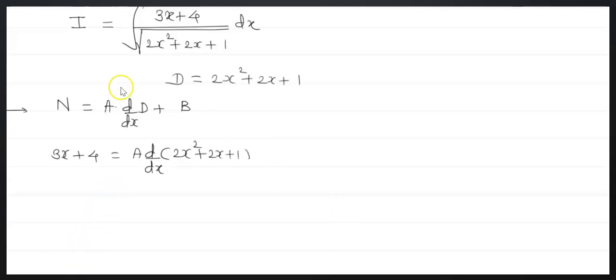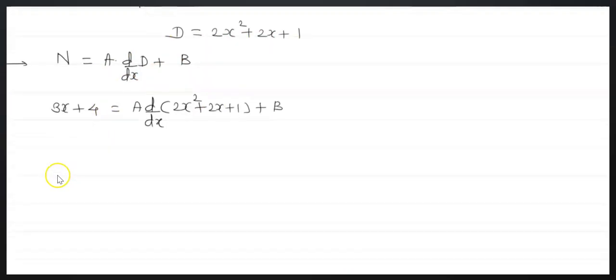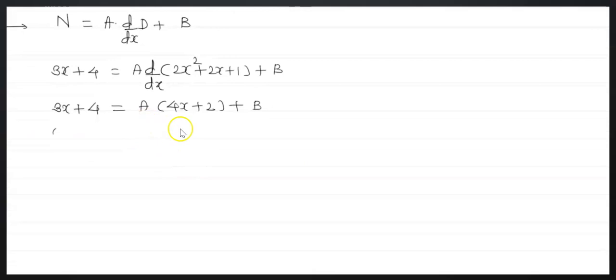The value of the denominator is 2x square plus 2x plus 1. 3x plus 4 is equals to a into ddx of 2x square plus 2x plus 1, plus b. Multiply it, simplify it. 4x plus 2 plus b. Equate the coefficient of x. 4ax is equals to 3x. Therefore, a is equals to 3 by 4 and b is equals to,